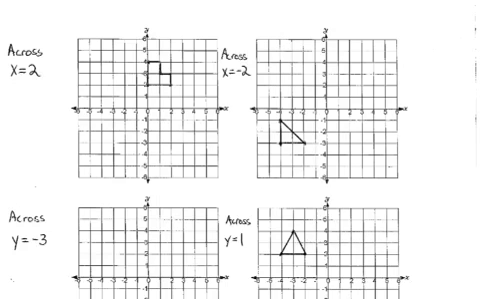So now, sometimes we don't necessarily go across the y-axis or the x-axis. Sometimes we'll just go across a point along the y-axis or x-axis. So let's take a look at number 1 here. It says, reflect across when x equals 2. Well, where is x equals 2? It is right here. So that means I'm going to take my straight edge and draw a line